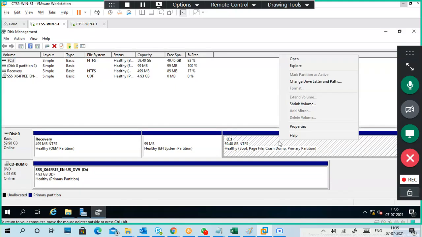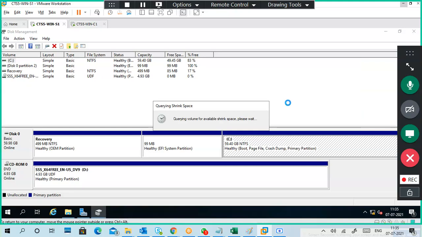Now right click, shrink volume. Very good.